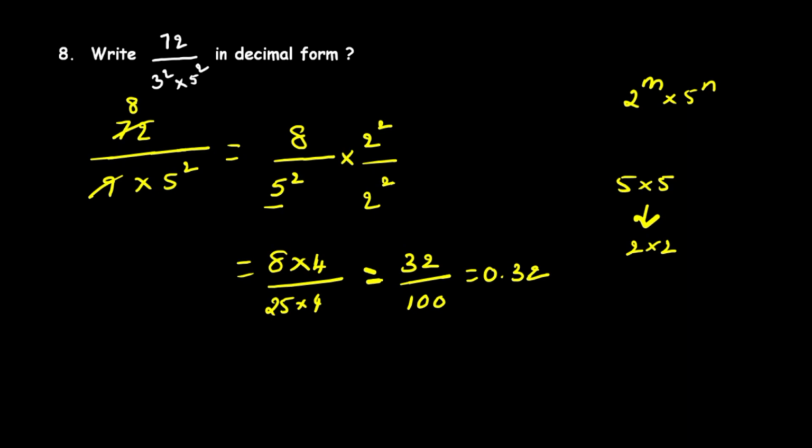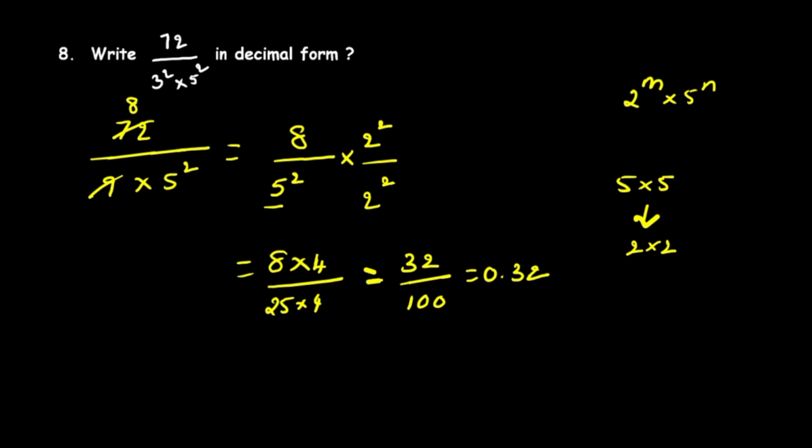Actually you can do it like 72 divided by 3 square is 9, 5 square is 25. By multiplying both in the denominator you get 225, then 72 divided by 225 you can do. It's a long process, right? So this is without doing actual division, just I have calculated here. That means 72 by 3 square is 9, 9 8s get cancelled, but 5 square is there. So when we have a 5 square, that means 5 two times, we need the 2 combination also. That means 2 square, with the 2 square multiply both numerator and denominator, then 8 4s are 32 divided by 100, so 0.32 we got here.